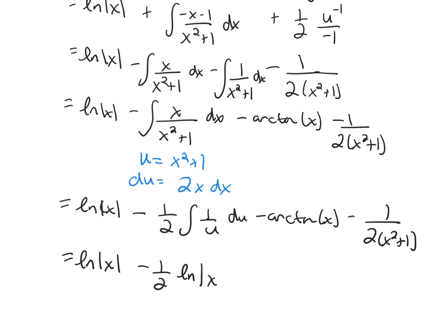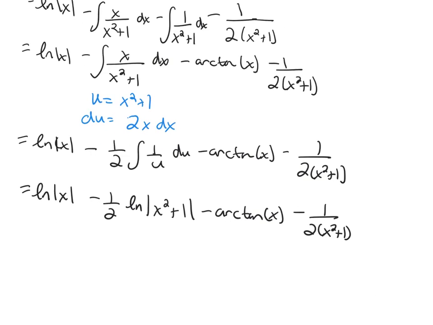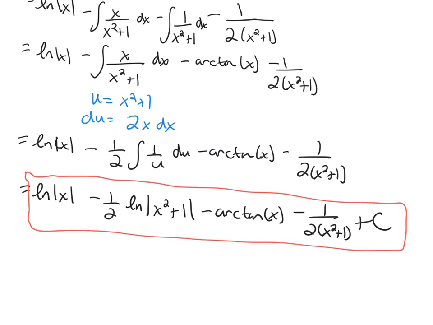Ln, the absolute value of u, which I'm going to go ahead and replace with x squared plus 1, minus arctan of x, minus 1 over 2 times x squared plus 1, and then we need to not forget the plus C. Okay? So it looks like that is our answer right here. So just be a little bit careful when you're doing substitution. You should actually go ahead and plug it in and see what you get. Try to avoid doing it in your